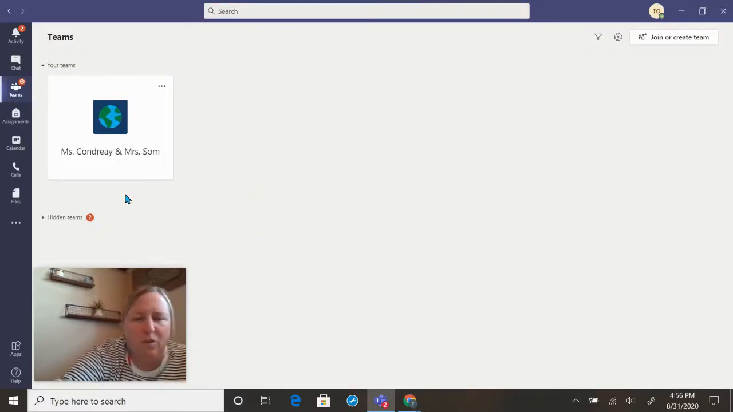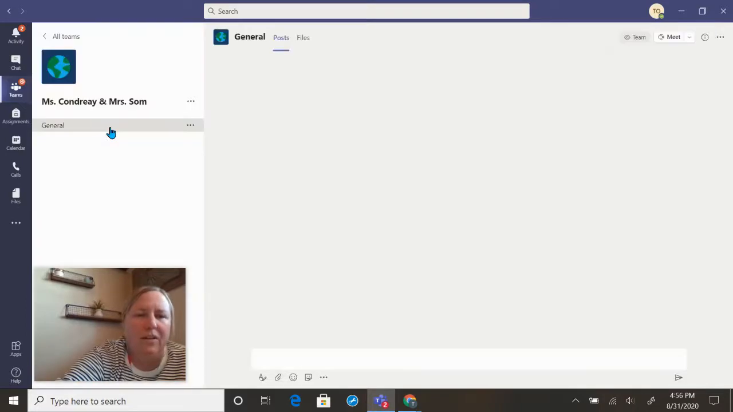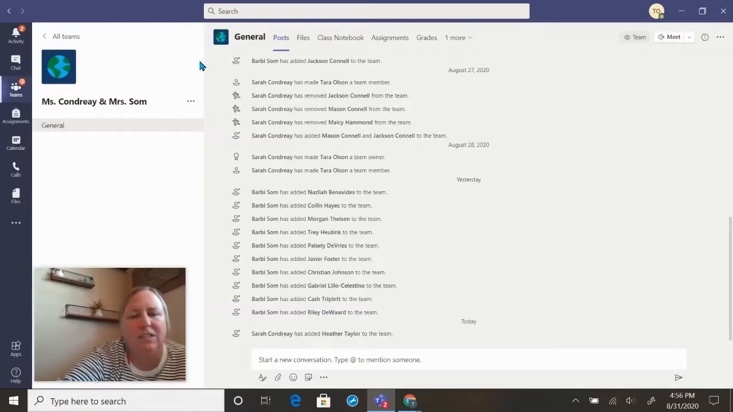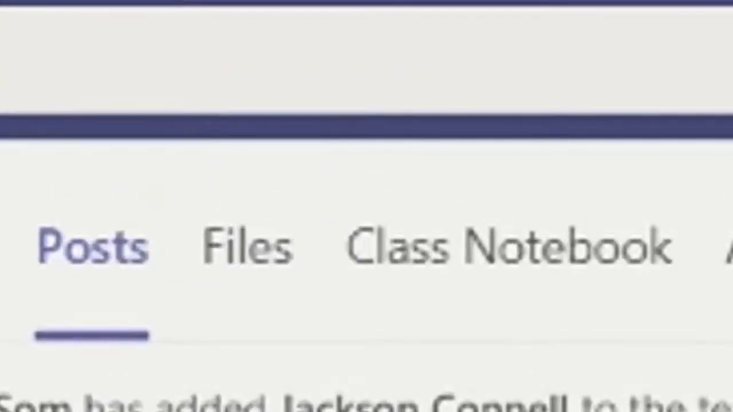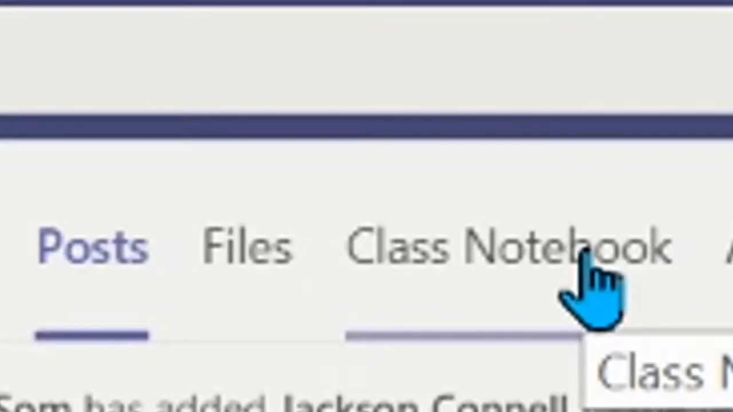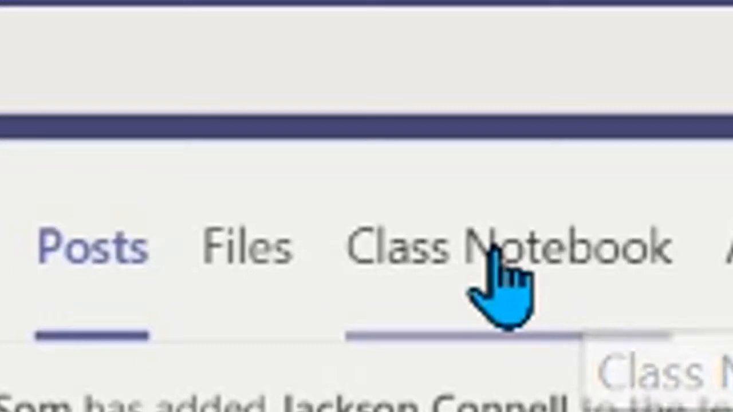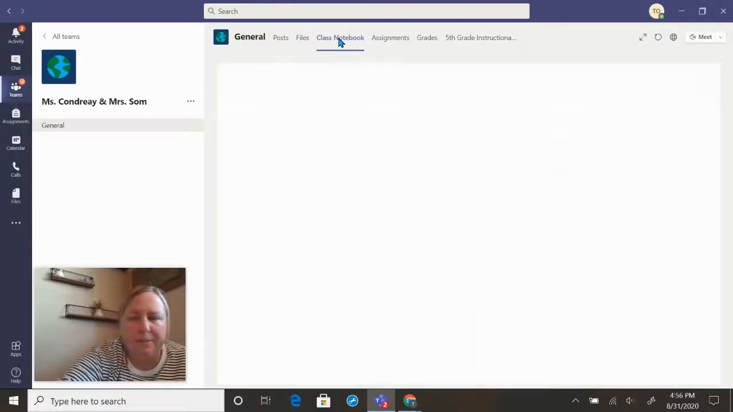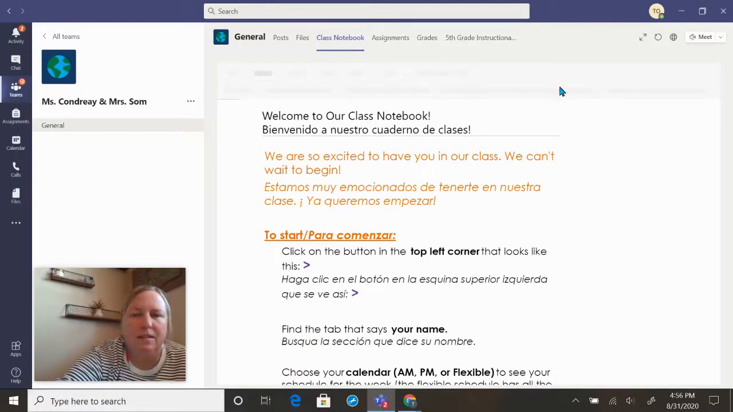To start off with, when you log into Teams, you're going to see your teachers' names on a tile on the home page. When you click on that, it's going to take you into the general Teams space. All students are going to spend the majority of their time in the classroom notebook. And so we're going to go ahead and click on our classroom notebook,